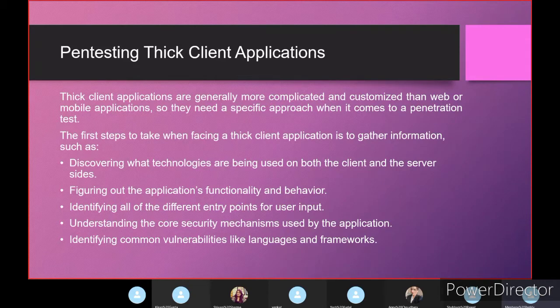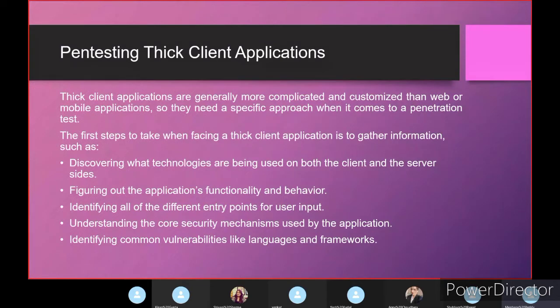The first step when facing a thick client application is to gather information about it, such as discovering what technologies are being used on both the client and server side, figuring out the application's functionalities and behavior, identifying the different entry points of user input, understanding the security mechanisms used by the application, and identifying common vulnerabilities, like what languages and frameworks are being used by the application.